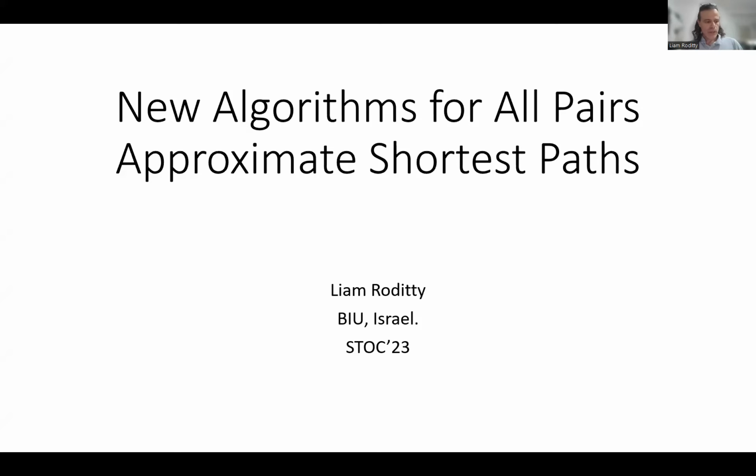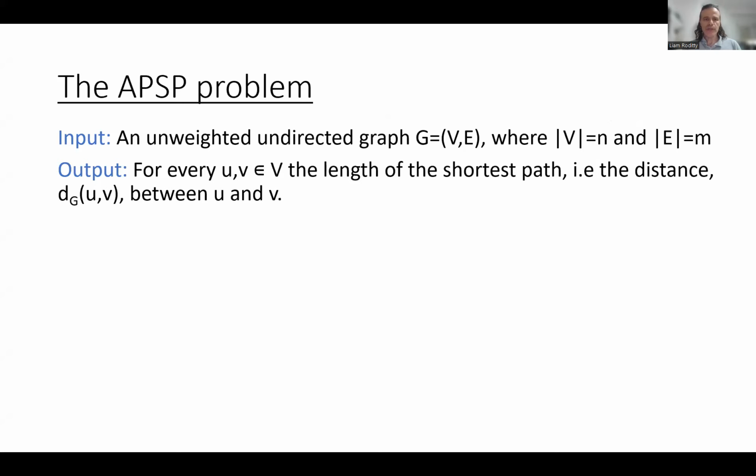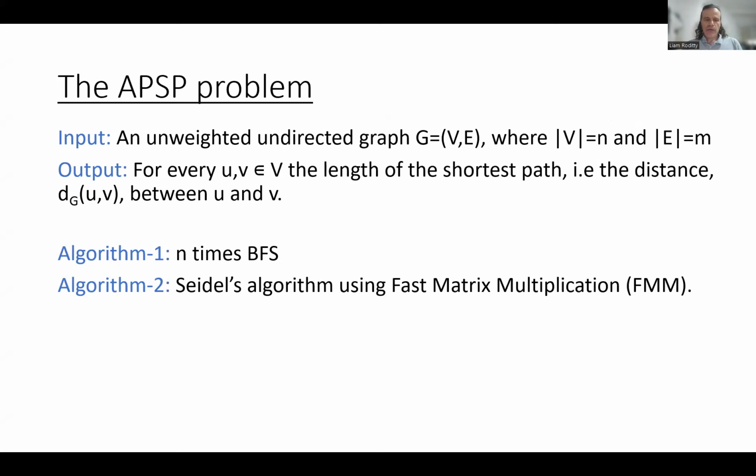I will speak on new algorithms for all pairs approximate shortest path. The all pairs shortest path problem is defined here on unweighted undirected graph. The graph has a set of vertices V of n vertices and a set of edges E of m edges. And the output is a matrix in which in each entry UV we have the shortest path length between U and V. A natural algorithm for that is the naive BFS, breadth first search, apply it n times, and you